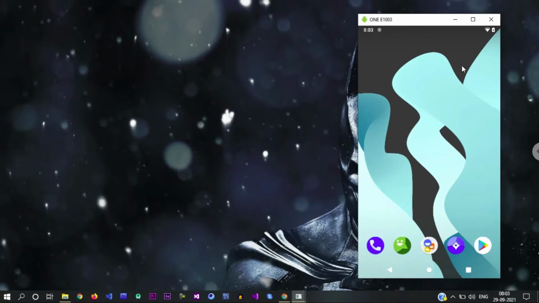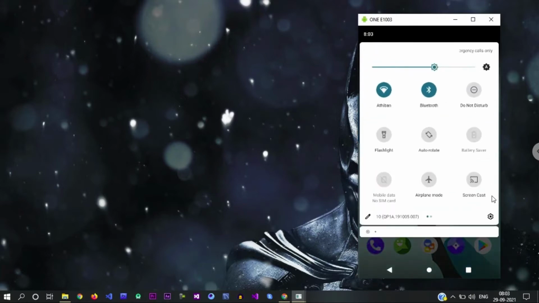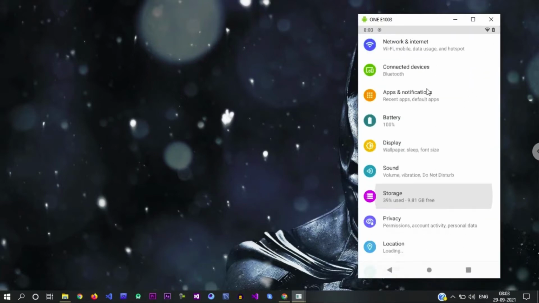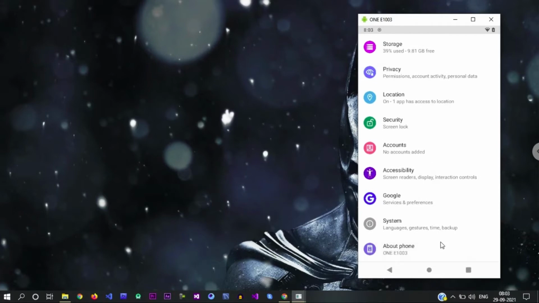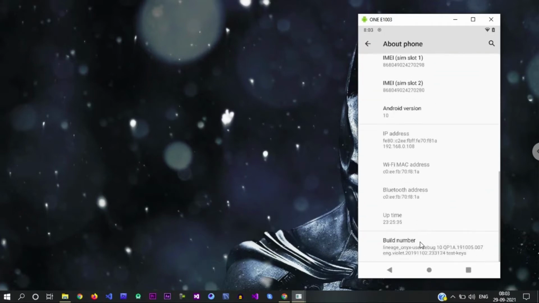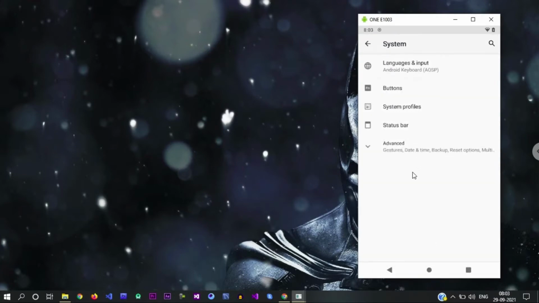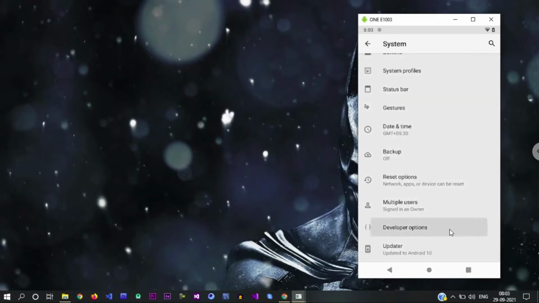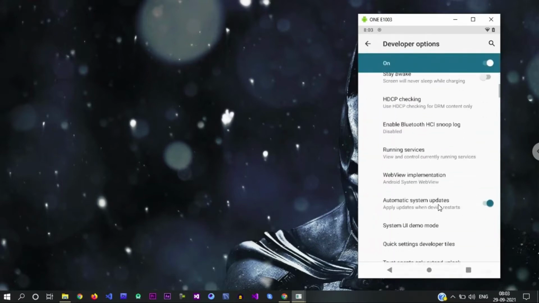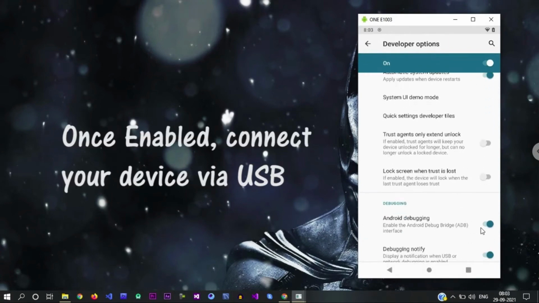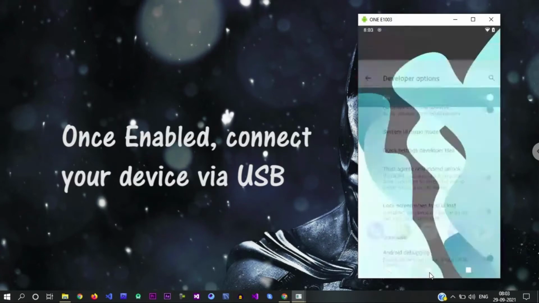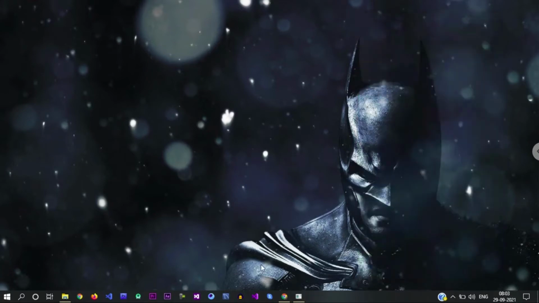So in order to start, the first thing which you need to do is enable USB debugging in your Android device. So for that, let's go to the settings, scroll to About Phone and tap on the build number a couple of times until it says you are a developer. Once it is done, you will find a new option called developer options and you need to enable this USB debugging. So once you have done this, let's open your favorite browser